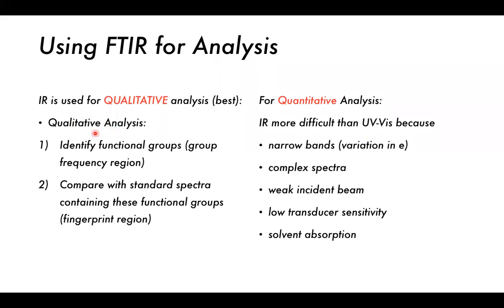In the qualitative analysis here, we can identify functional groups in the group frequency regions, and we can compare with standard spectra containing these functional groups, such as in the fingerprint region. Sometimes people dismiss the fingerprint region as being hard to interpret. It's easier to interpret than you might think. And saying that kind of throws away a huge part of the spectrum and just says, well, I'm not going to use this, but actually you can use it for further determination of the presence of certain bond types. Then for quantitative analysis, we have